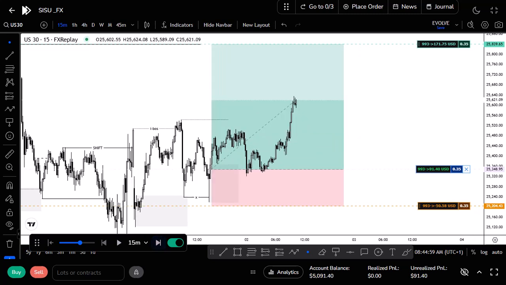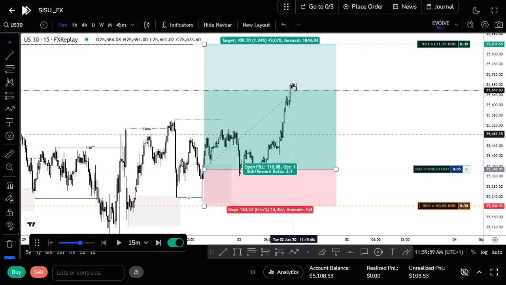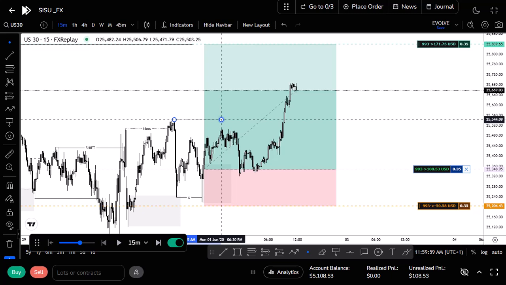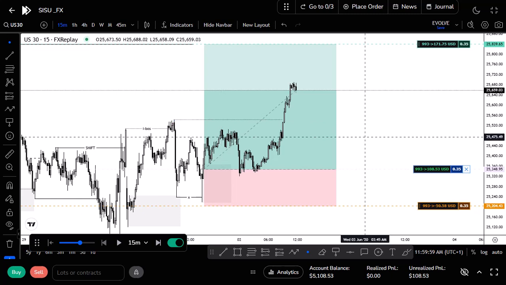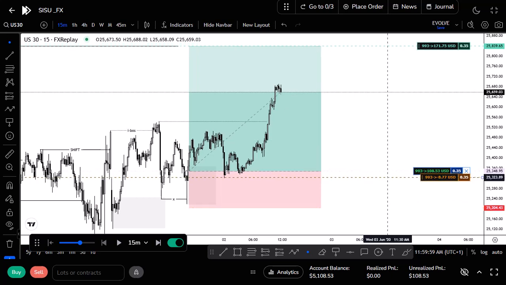So now here we have it. You can see that price has now broken out this high. Zero panicking. Price has now broken out this high. For some traders, whenever they want to set their break even, they can move their SL to somewhere around here. I don't want to do that.